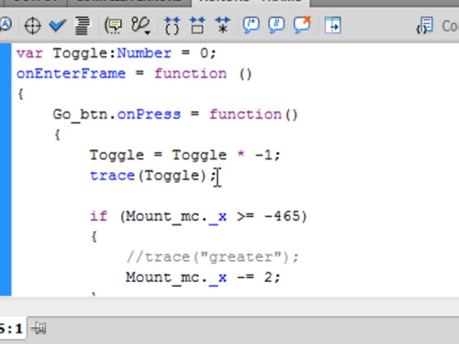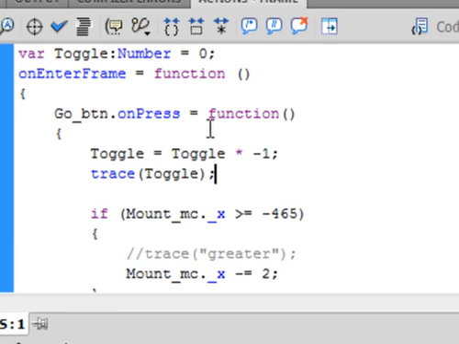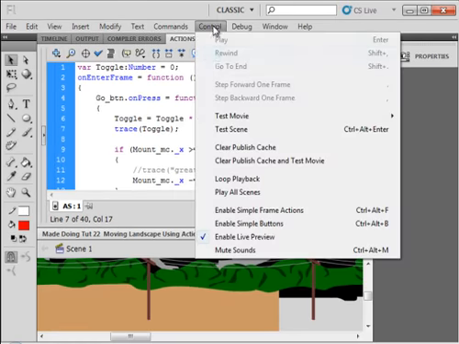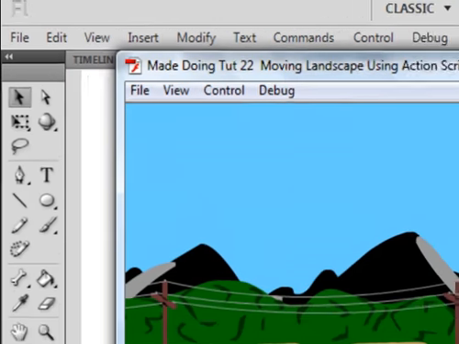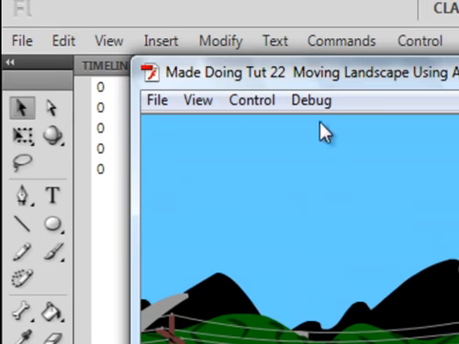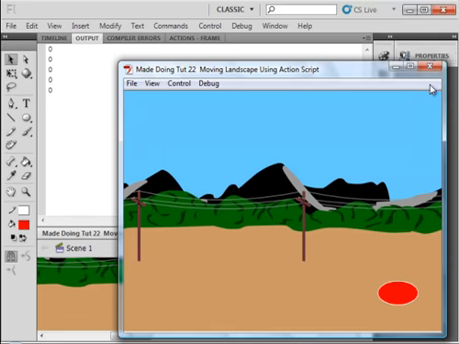So every time I hit the button, I should trace whatever toggle is, and it'll be, even though it's times -1, it'll still be 0, but I just want to make sure my button works here. And every time I press it, I trace 0 over here on my output panel. So I know my